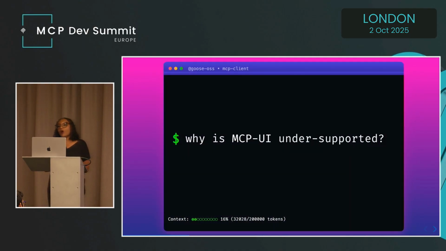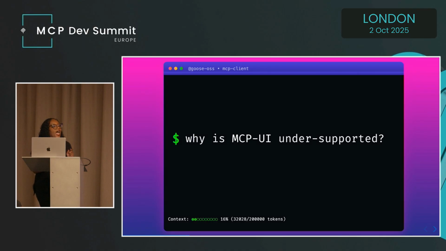So take MCP UI, for example. You've heard about it several times at this conference. It's clearly the moment right now. And it's not just at this conference, it's everywhere on social media. People are genuinely excited about this, and they should be, because this promises a richer, more human way to interact with our agents. But the reality is that most clients don't support it yet, which means server builders have less incentive to add this to their servers. Users cannot get their hands on it.